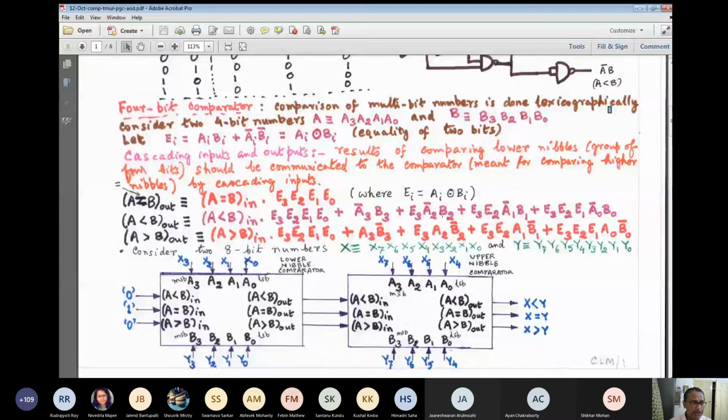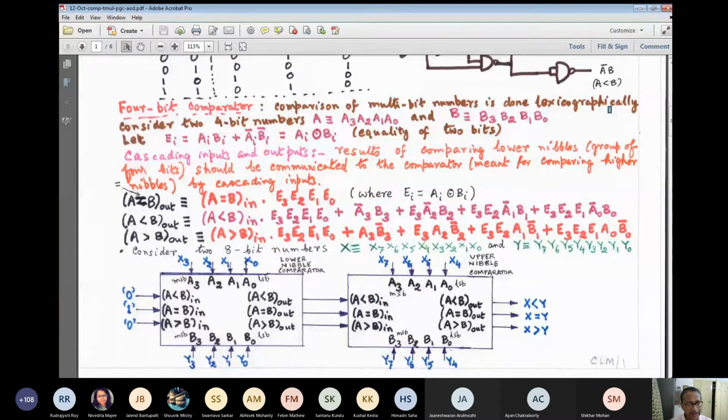Else, if equality holds over the most significant 2 bits, namely A3 equals B3 and A2 equals B2, in addition A1 equals 0 and B1 equals 1, then as a whole, word A is less than B. Finally, look at this condition. It states that if A3 is bitwise equal to B3, A2 equals B2, A1 equals B1, and A0 is 0 and B0 is 1, that means E3, E2, E1, A0 bar, B0 is 1, then also I can say A is less than B. Clear? And to infer whether A is greater than B or not,